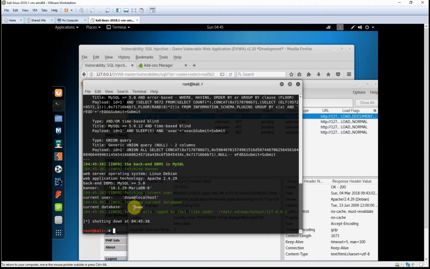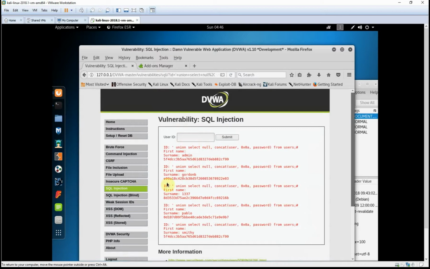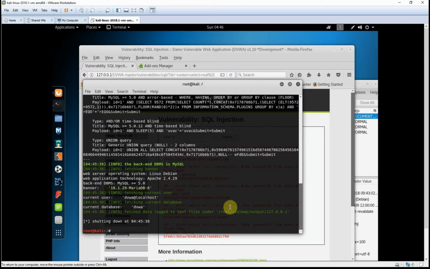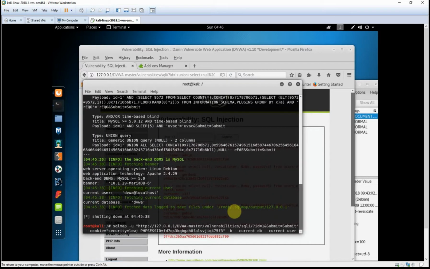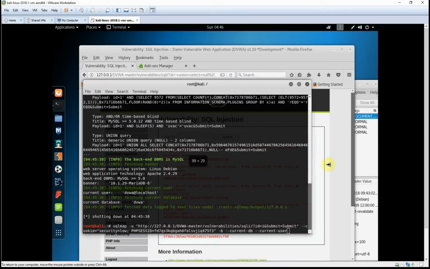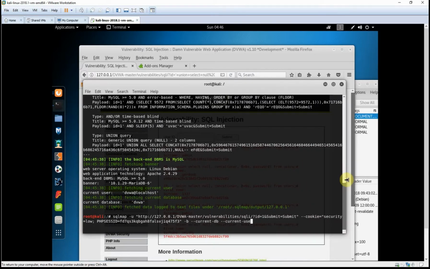So what I can now do is go through the process of doing pretty much exactly the same thing that I did previously with SQL injection through this box. So let's go back up, because I want to keep all of this information the same. I'm going to expand this window a little bit. Let's go back, and the information that I want to grab this time is on the Damn Vulnerable Web App database. I would like to list out all of the tables,